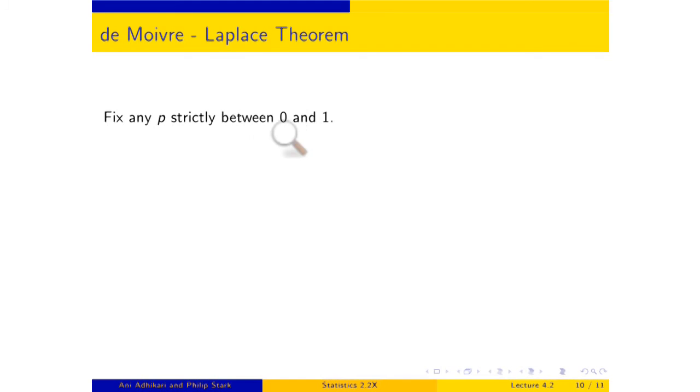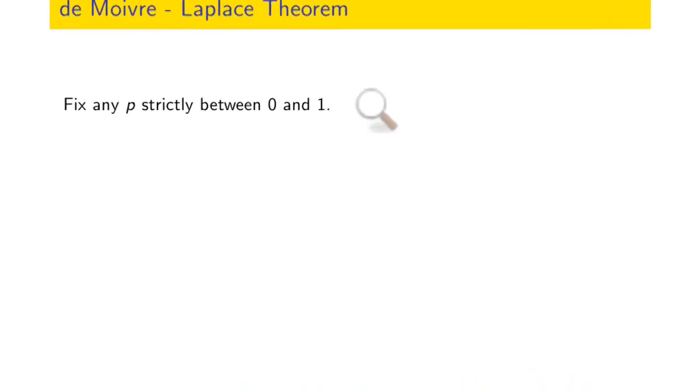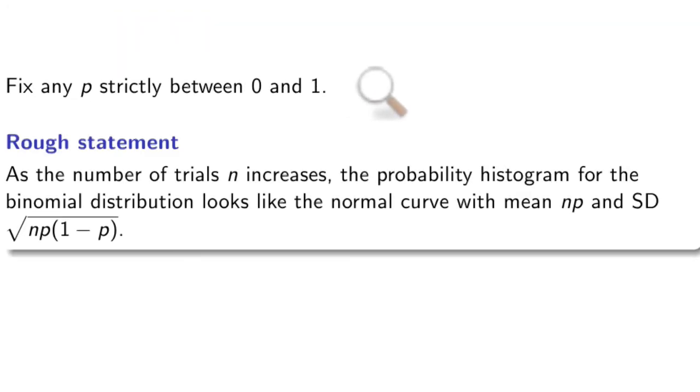Those are very boring coins. They always give you the same thing. There's no variation. Take any coin you want and toss it many, many, many times. And roughly what the theorem says is this. As the number of trials increases,